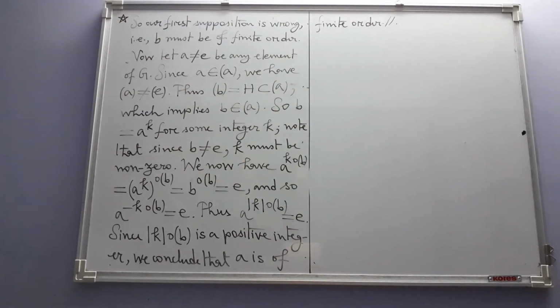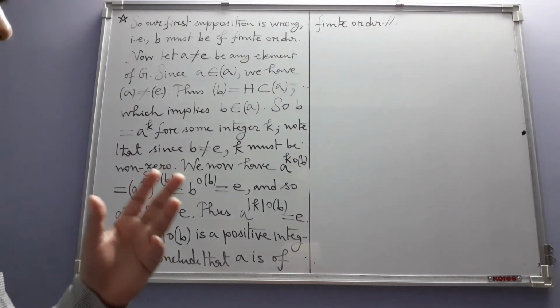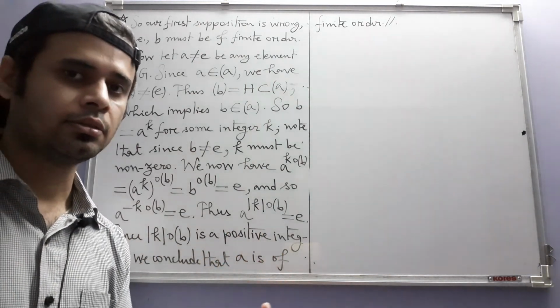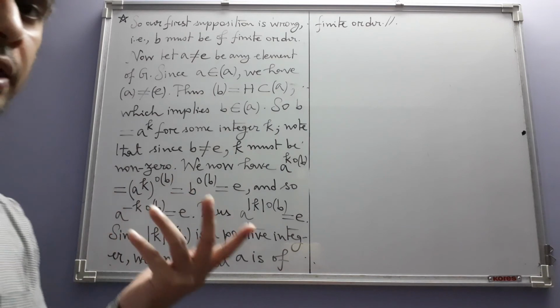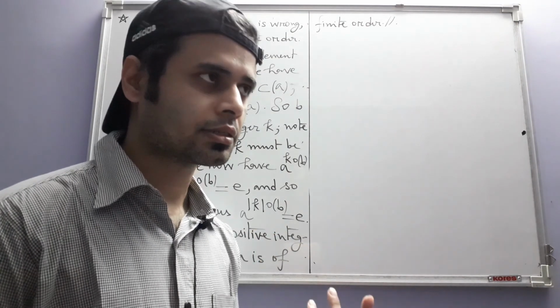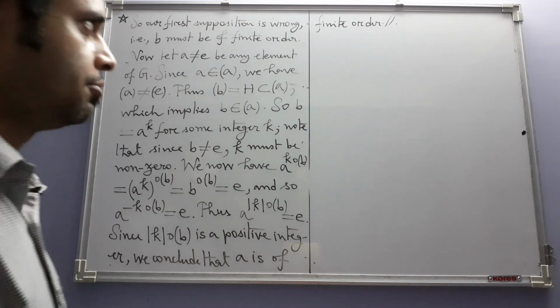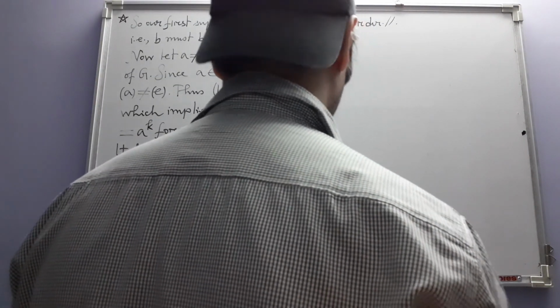So you see how the condition that the intersection of all subgroups different from the trivial group is a subgroup different from the trivial group has led us to the conclusion that the group has all its elements of finite order. This is a strange conclusion, but an interesting one also, which is not immediately apparent. Okay, now next.